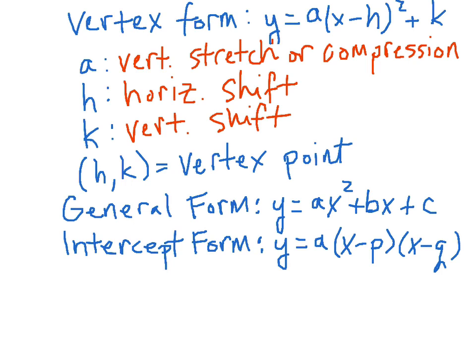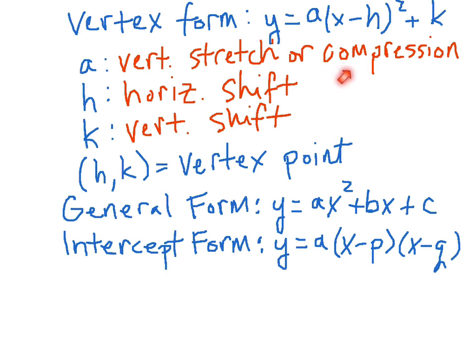In our vertex form of the quadratic, we have these three variables, a, h, and k, that affect it in different ways. The a is our stretch or compression factor. It's also the orientation factor. I call it the fun factor in class, where if a is negative, we get a frowny face, and if a is positive, we get a happy face. The vertical stretch happens when a is greater than 1, and the vertical compression happens when a is between